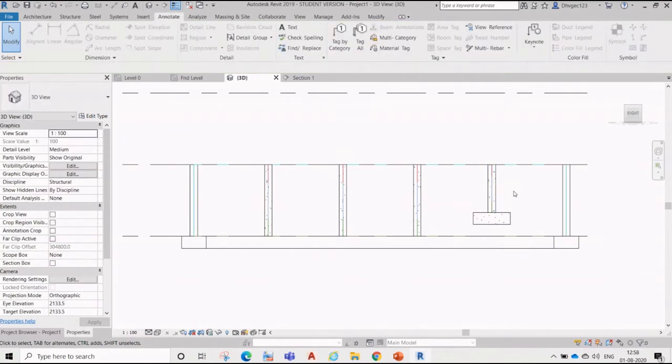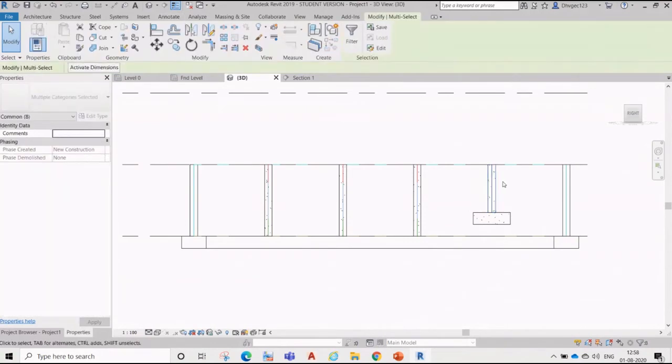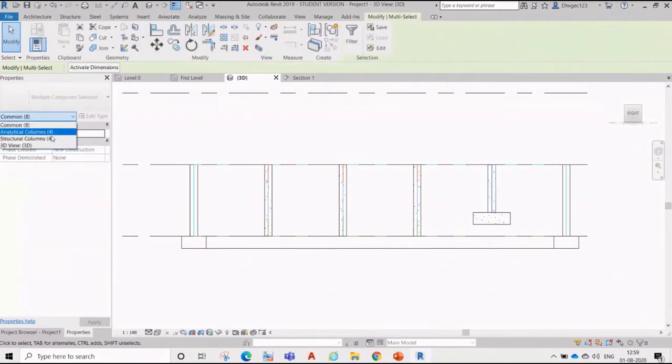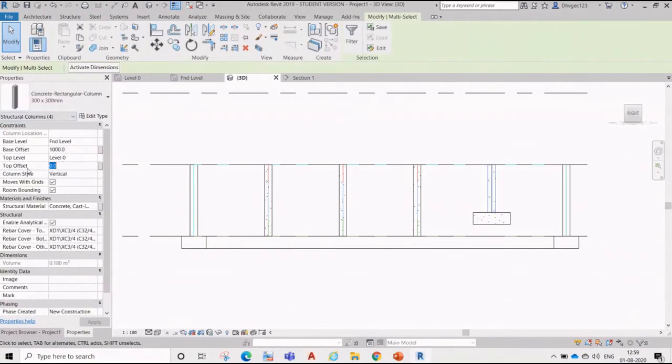Even suppose the floor is from there and then uplifts in that direction and this pedestal is going till here, you can also do that. You can define it over here: top upside, from the top level, not from the bottom level.